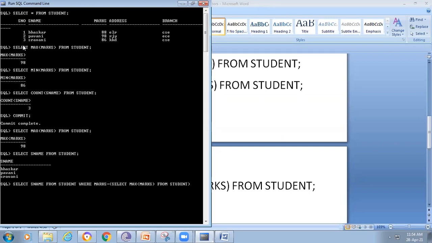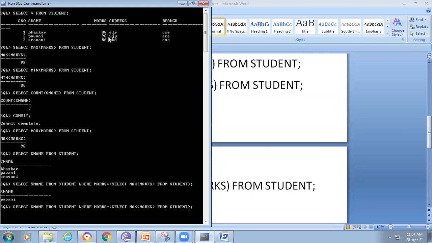So what happened? Initially, this inner one will be executed and the result will be assigned to the marks. Then it displays that particular related record of the student. The one having the highest marks, 98, is Pavani. Am I right? If we want to display the marks also, you can give it here.